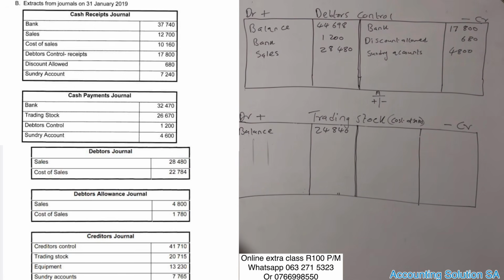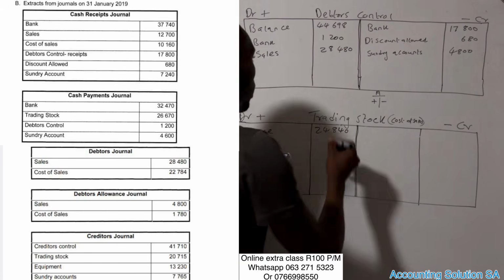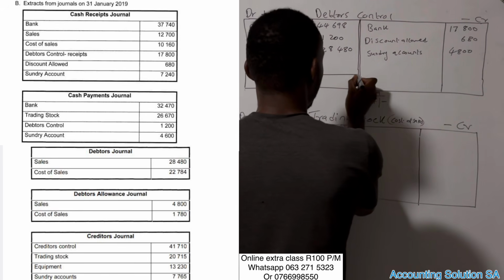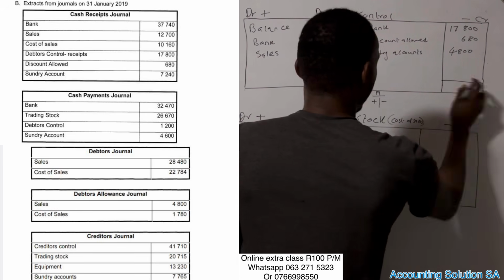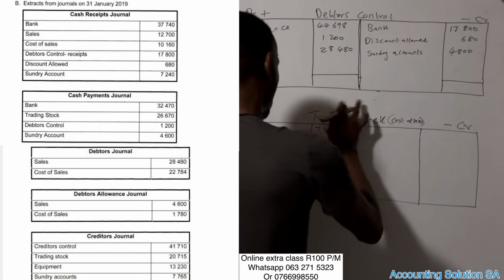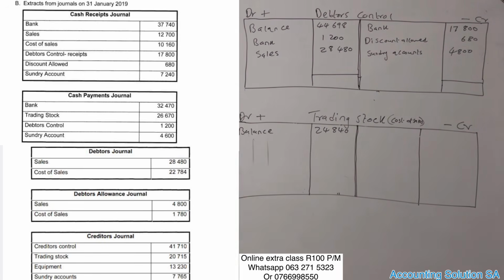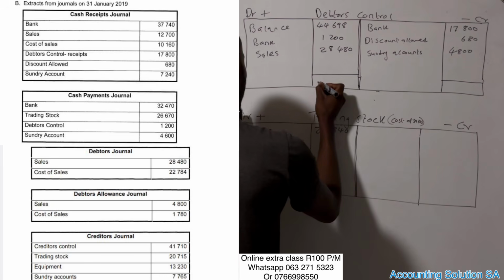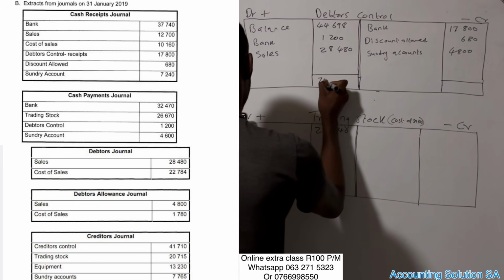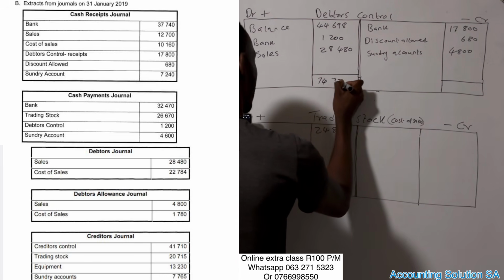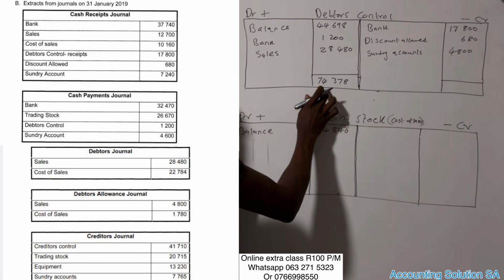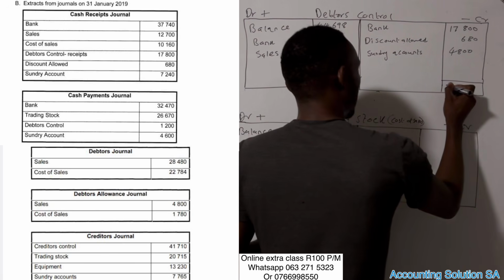The next one, creditors journal. Okay, it is not going to affect this account, which means that we can do the totals and we balance. Which side is higher between these two? So if you check, you will find that the debit one is higher, because when you add, it's gonna give you 74,378,